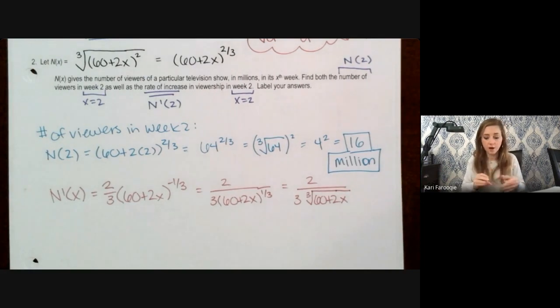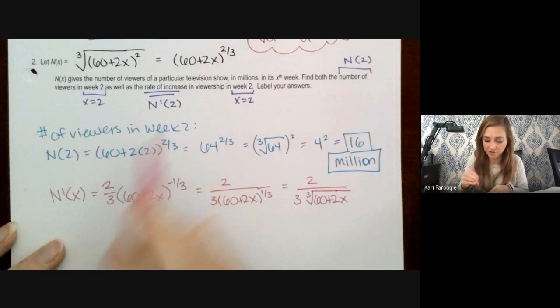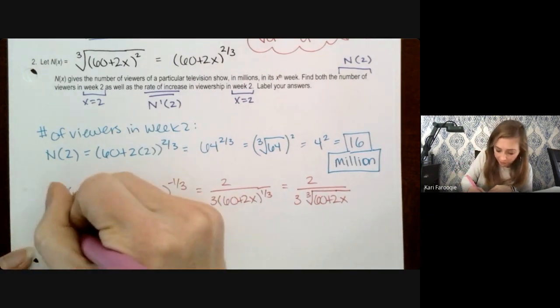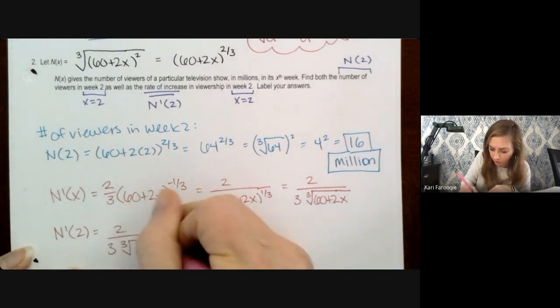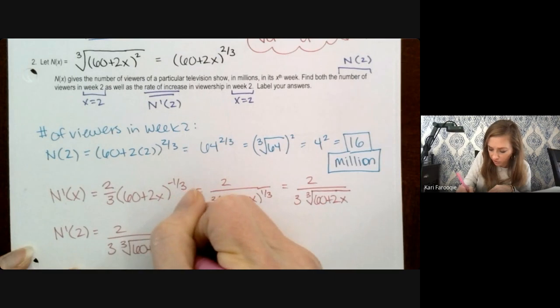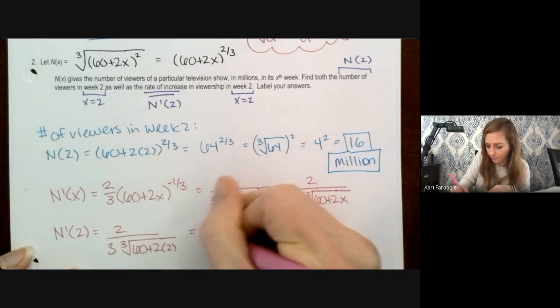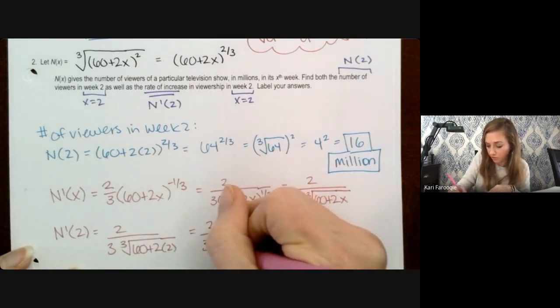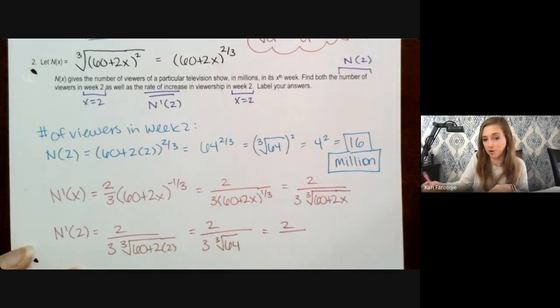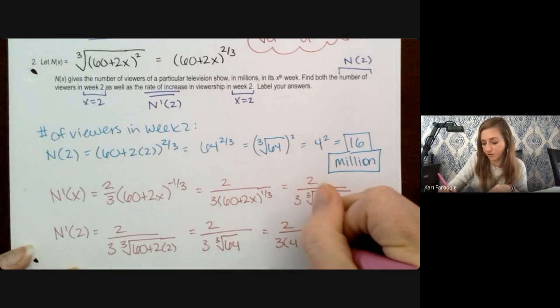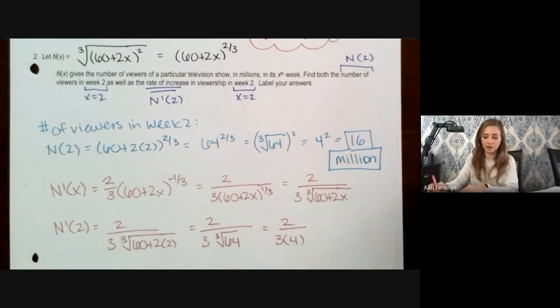All right, so now we're going to go ahead and find n prime of 2 because I'm looking for what happens in week 2. So n prime of 2 is 2 divided by 3 times the cube root of 60 plus 2 times 2, which we know is the cube root of 64. We know the cube root of 64 is 4. So I can go ahead and say,